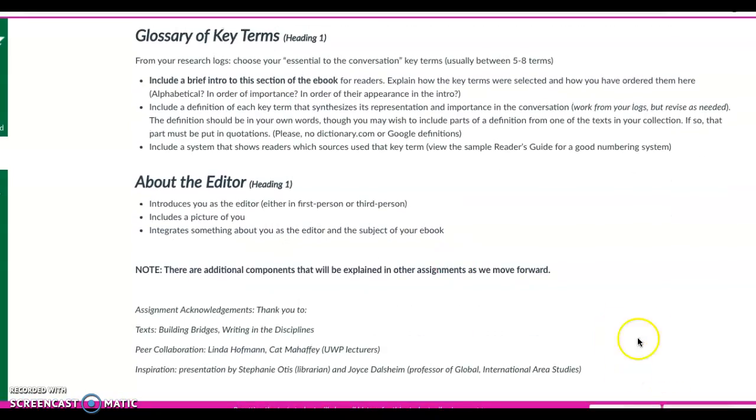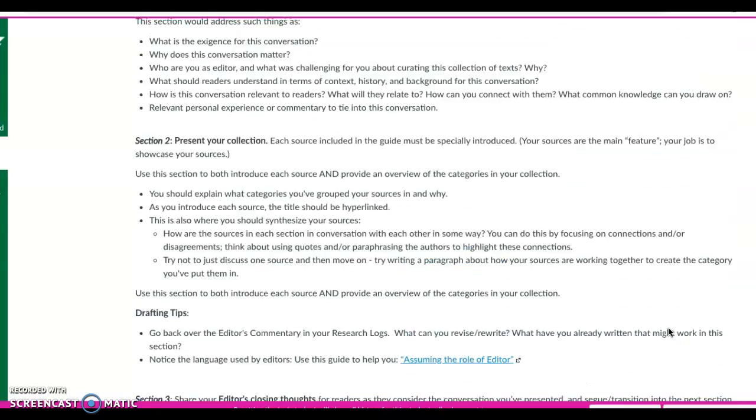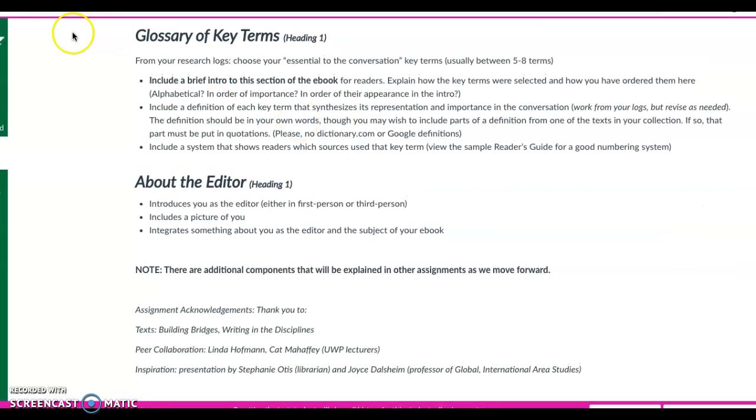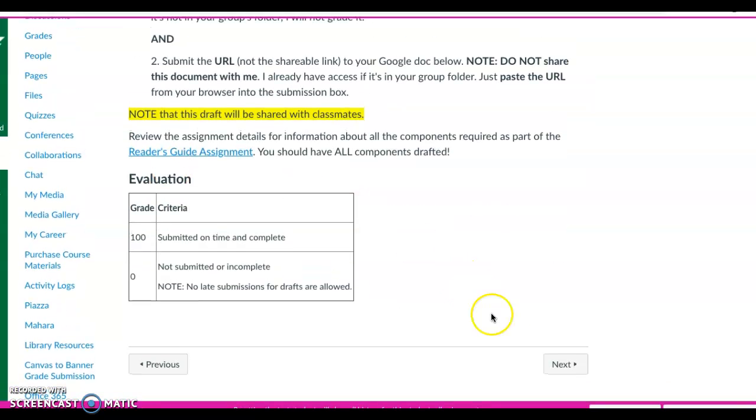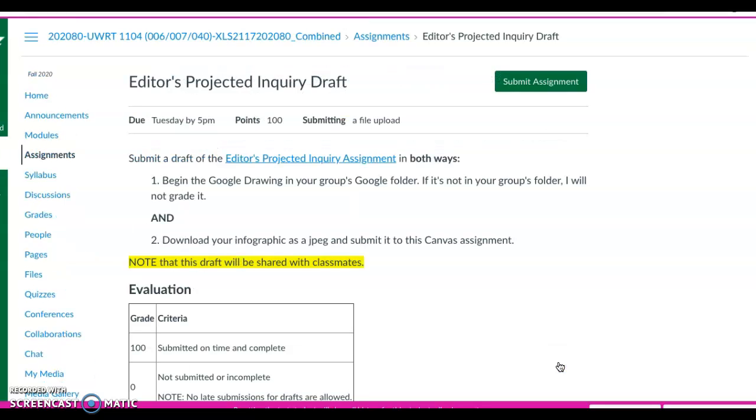All right, so let's go back here. All right, so let's go on to the next thing that you're doing on Tuesday, which is you're beginning one of the bonus features, which will be at the end of your reader's guide document. But right now we're just going to work with it in the Google Drawing. So this